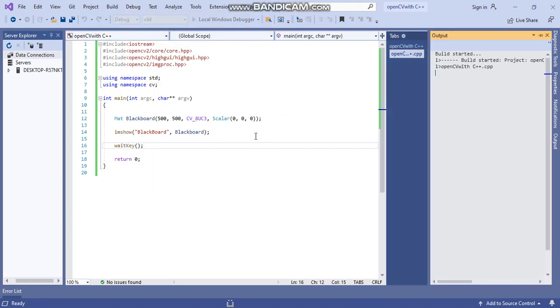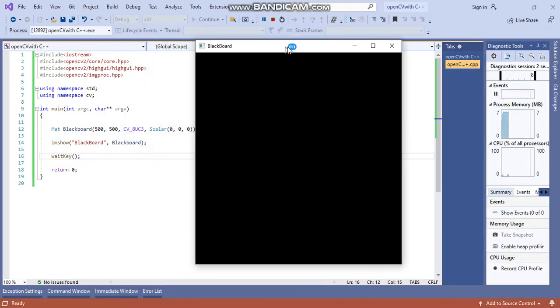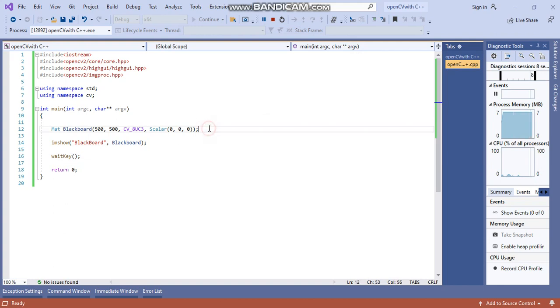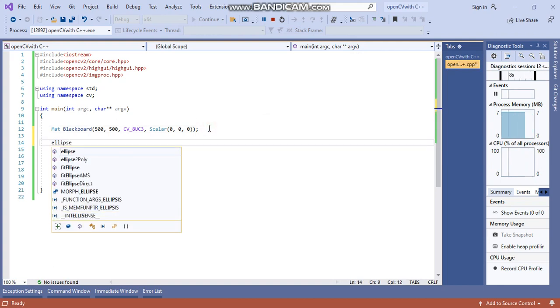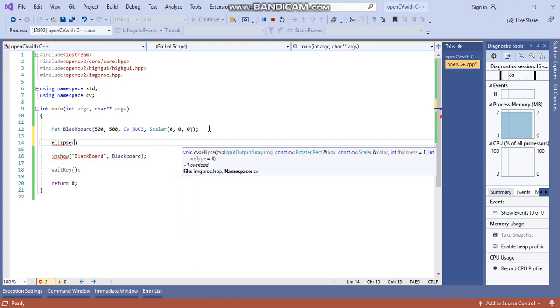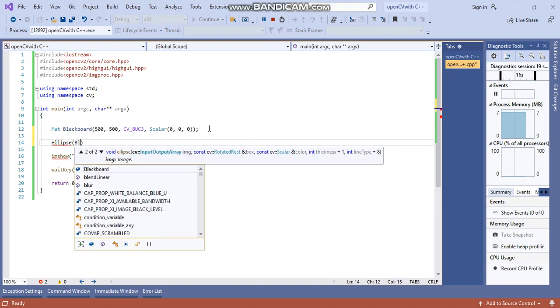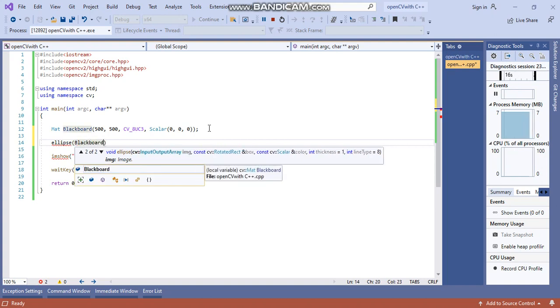You will be able to observe the blackboard, and the next task is to draw an ellipse on this blackboard. So what next? Ellipse is a method name where you will be drawing that ellipse. So write blackboard, on this blackboard.